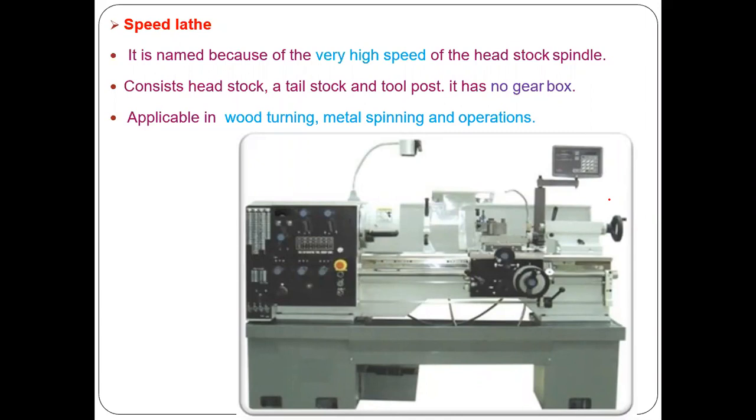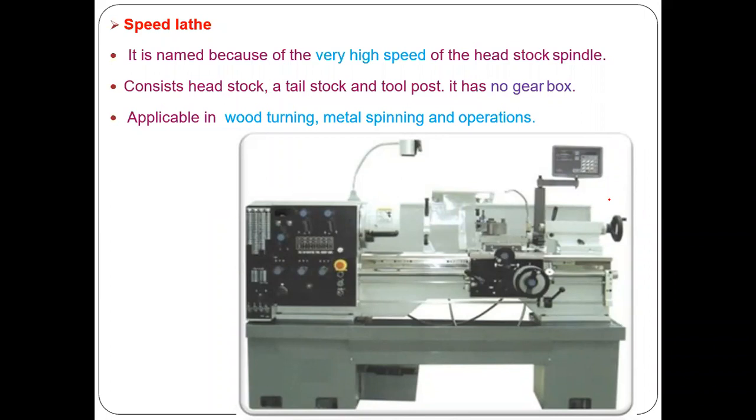Compared with the engine lathe, instead of 100 RPM or 1000 RPM, it is rotating at more than 1000 RPM. When rotating more than 1000 RPM, the cutting speed is very high. So it consists of headstock, tailstock, as well as the tool post. And normally a gearbox may not be there because there is no variation in the speed. So when is a gearbox required? When we need to change the speed, in that condition only we need to have the gears. If you don't want to change the speed, everything runs at constant speed, then a gearbox is not required. So normally in a speed lathe, gearboxes may not be there.